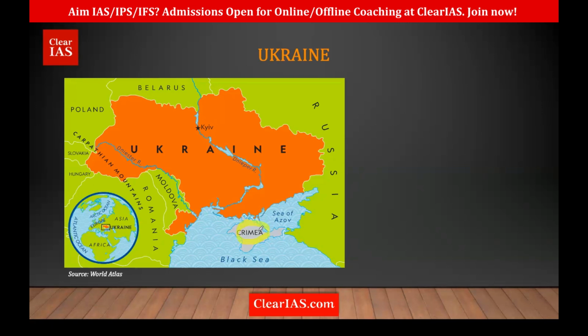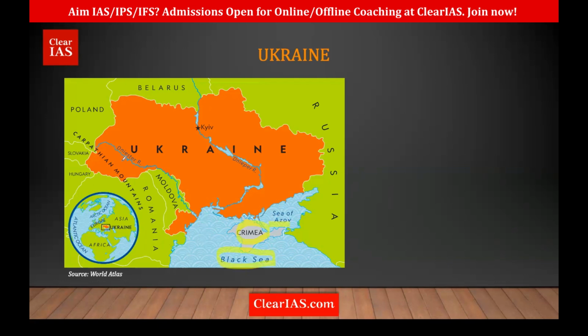This war between Russia and Ukraine has been going on for a very long time. It's not a very recent war, but now it has escalated. Now it is more tense. So that is Crimea here. Between Crimea and Russia, we have the Sea of Azov, and here we have the famous Black Sea. So remember, Ukraine is here, Russia is here, here is the Black Sea, and Romania is here.